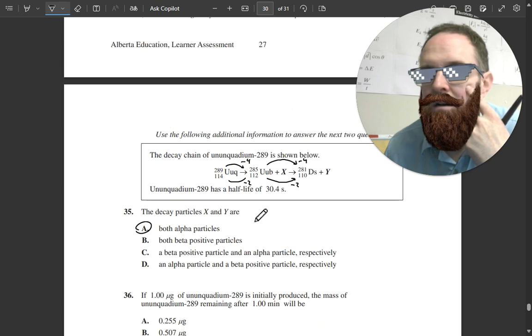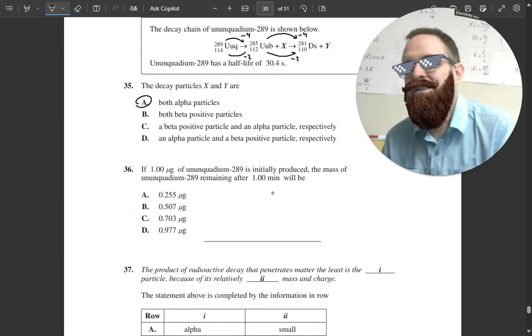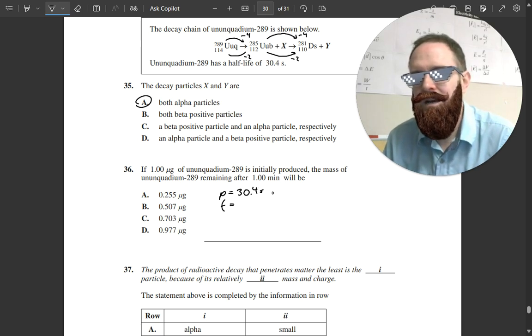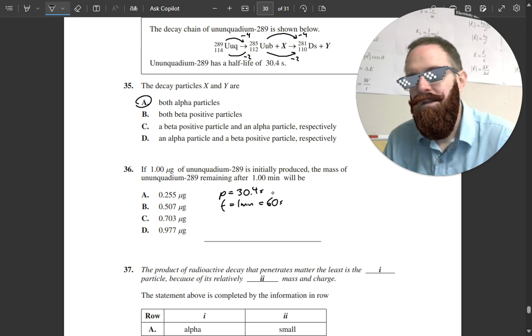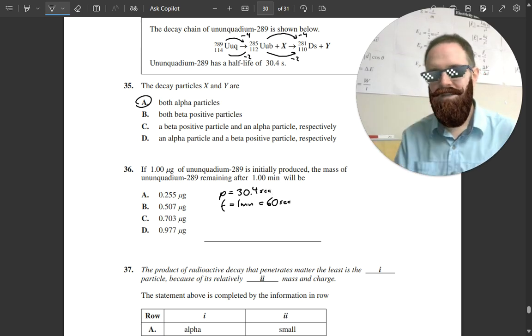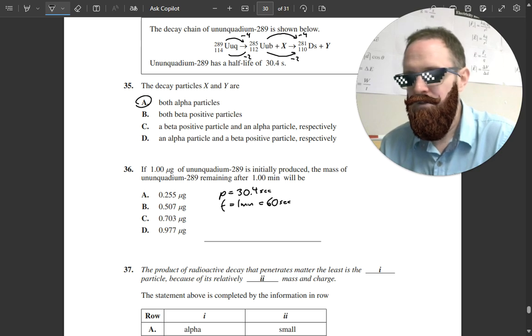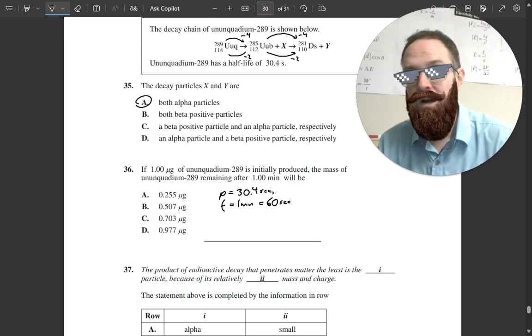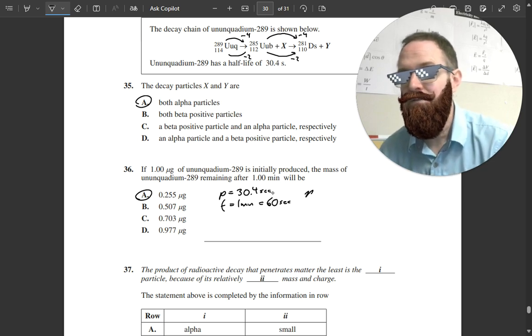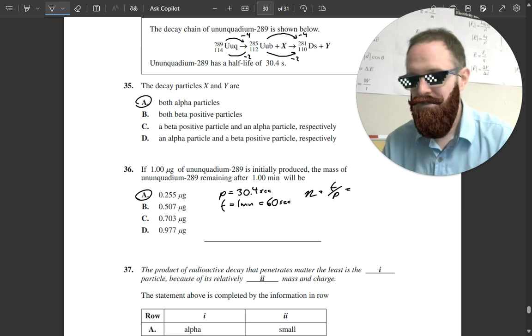All right. Half-life is 30-some seconds. Okay, so my half-life period is 30.4 seconds. The time I'm going is 1 minute, which is 60 seconds. So it's approximately 2 half-lives. So if I divide this number by 2 really quickly, twice, I'm going to get something approximately 8, because it's approximately 2 half-lives. And the number of half-lives, remember, is equal to T divided by P, which is 60 divided